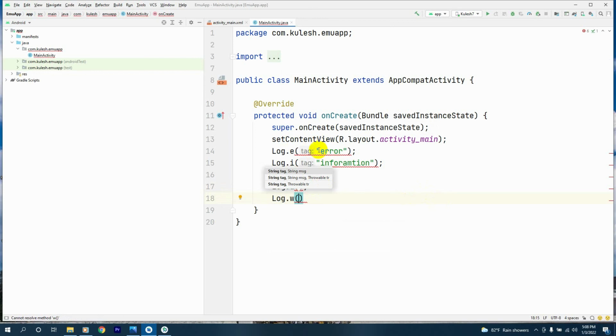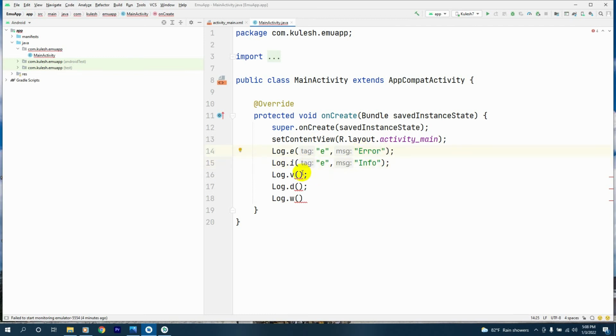Actually here, first thing, we have to give a key, a tag, for all these before displaying the message. For Log.e, I say E and provide the message saying hello, and for Log.i I'll give the same tag E, and here I say info,